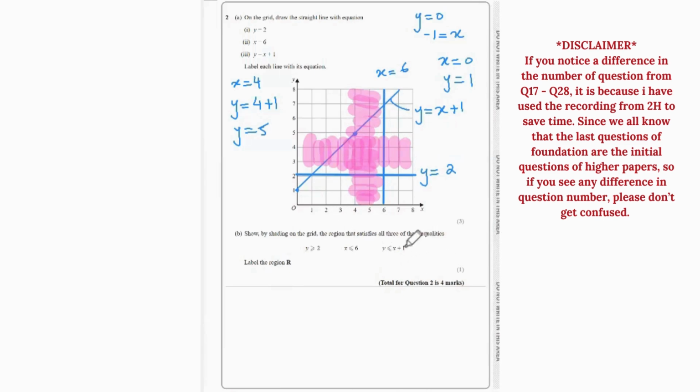Then lastly, y is less than or equal to x plus 1. So if it's less than or equal to x plus 1, that means we look at the values under the line, because that's where the values of y are decreasing. So that's all of this. So now the overlapping region is the middle part. So if we remove all the extra shading over here,